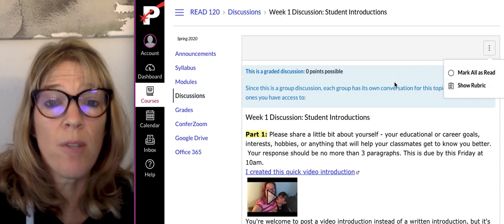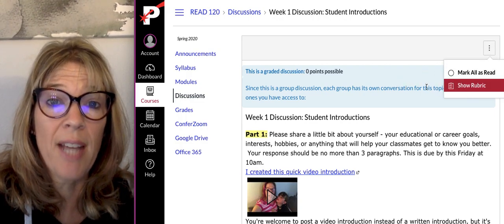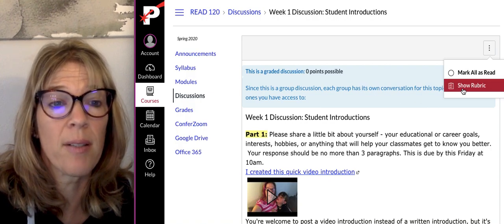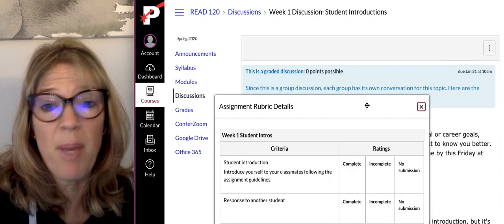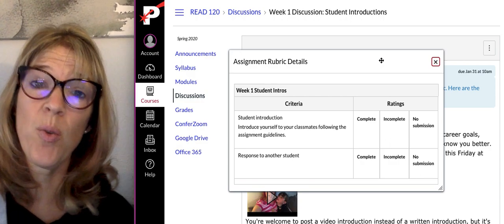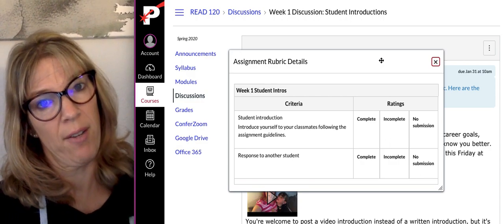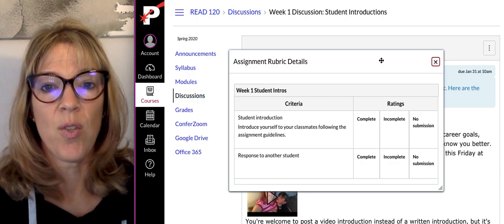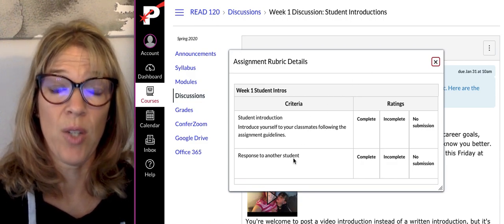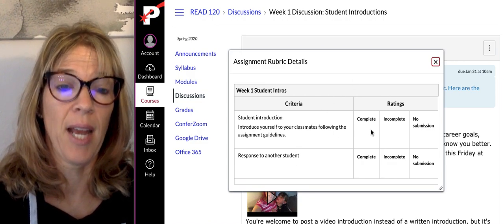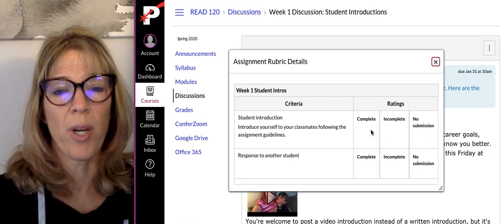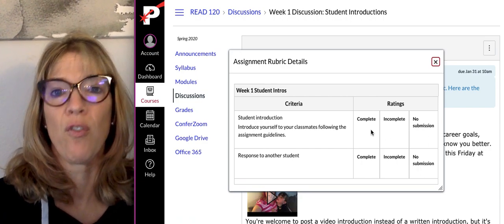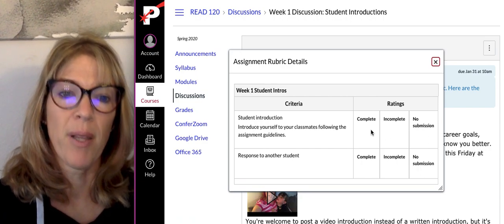Yes, most of your assignments will have a rubric attached to it. So I'm going to look at week 1. It says show rubric. It might be pretty basic, but this is what I use to grade and to provide feedback on your assignments. So right here, this is what you need to do for the first week, and then I will complete this and you will see a rubric in your grade book. This way you'll know if you've completed the assignment, met the requirements,